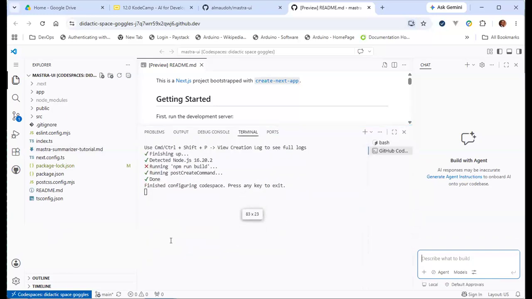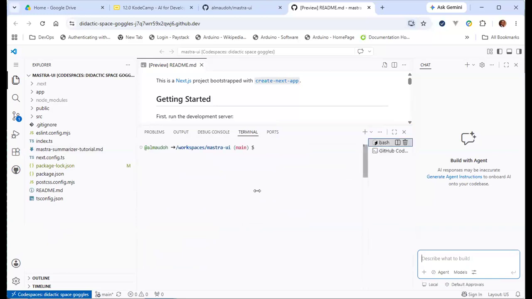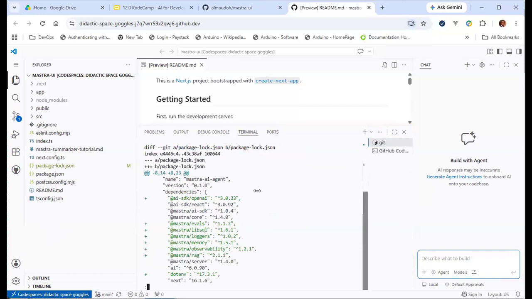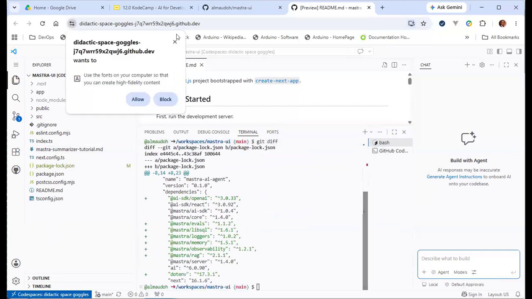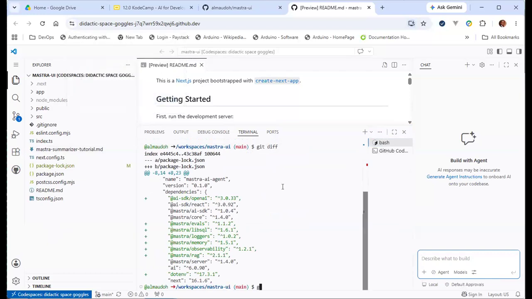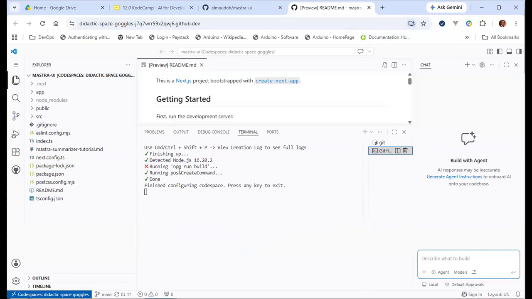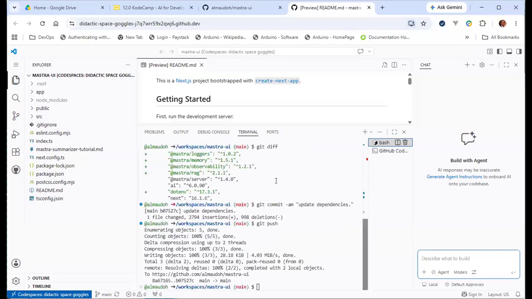I'll check out a new branch. CodeSpace did some initial setup.